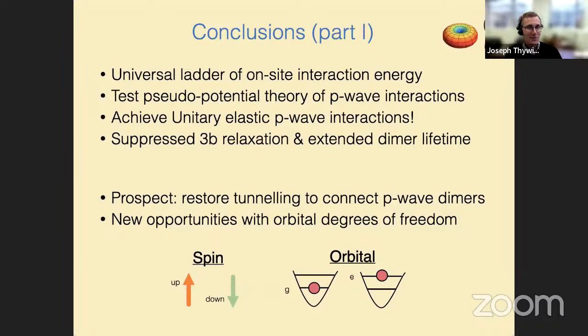So I should wrap up. Let me just say that the conclusions from part one are that when confining pairs in a deep 3D lattice, we could see this ladder of on-site interaction energies that allowed us to test the pseudo-potential theory of p-wave interactions for the first time, and also go all the way to unitary elastic interactions. Now, the lattice allowed us to suppress three-body relaxation, but if we can gently add tunneling back again, then maybe we could restore tunneling, maybe Zeno-suppress losses from three-body interactions, as was done for bosonic molecules, and see some connected p-wave dimers in a lattice. More generally, it seems like there's a lot of interesting physics to explore with orbit, so we could keep this orbital degree of freedom around,